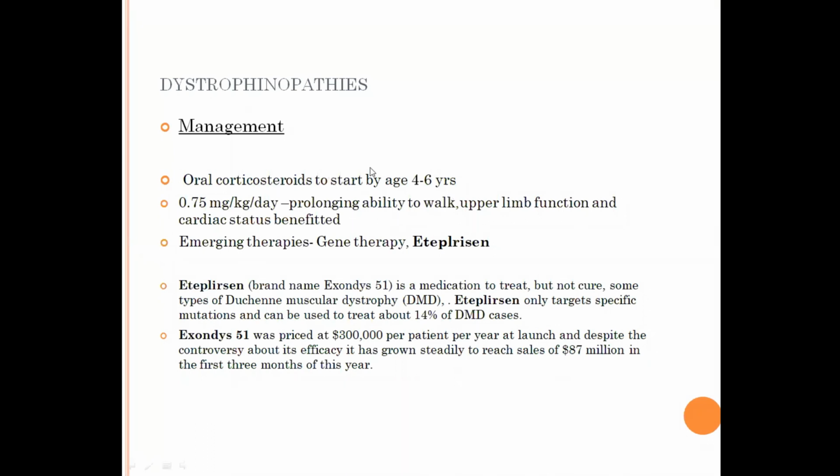So we start oral corticosteroids in DMD. It definitely increases the duration of mobility. Usually by the age of 12, they become wheelchair bound. But when you give steroids in a smaller dose continuously, their mobility continues to improve. For your information, there is a new drug called eteplirsen, which has been found to be effective in a particular type of DMD, not all DMDs, and which is still undergoing a clinical trial.